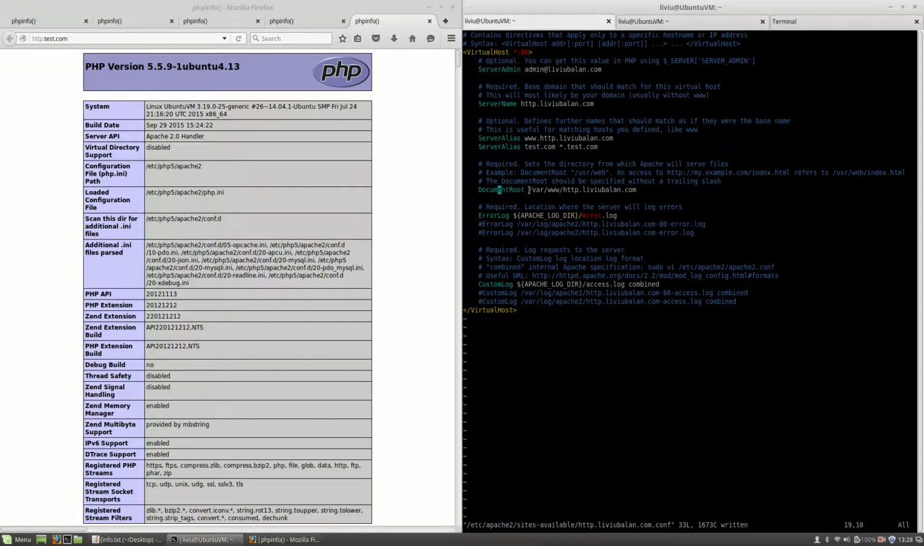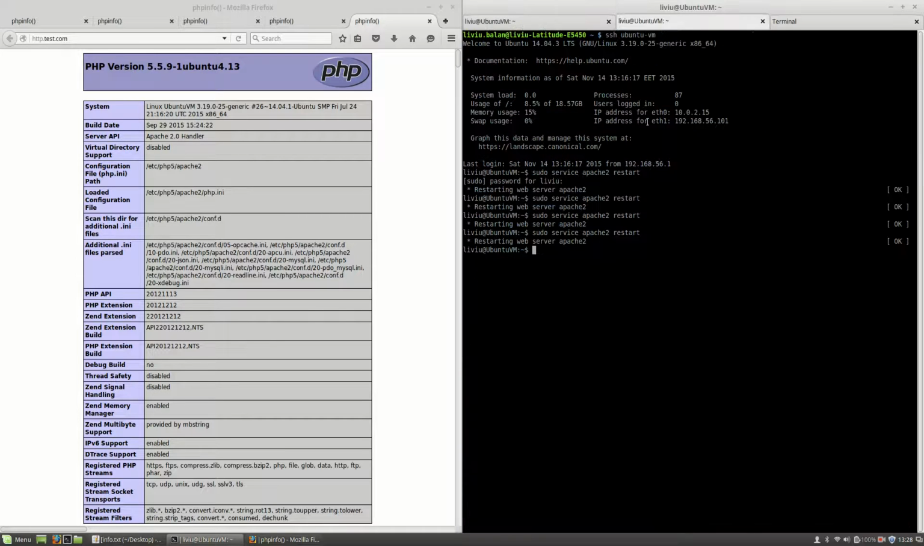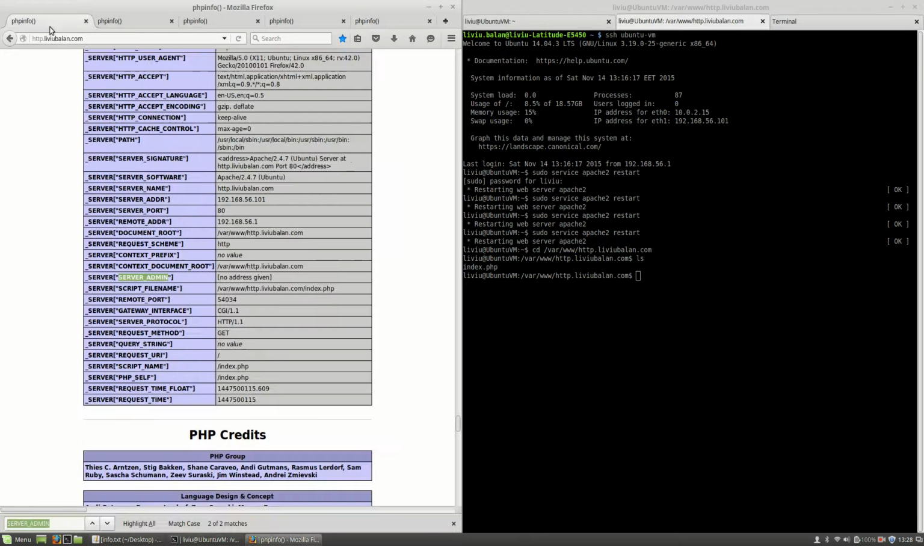So in my case, the document root is the livyubalan.com directory, and if I go to this directory, you will see the index.html file, which will be served when you enter the URL address. Now, if I make another file, let's say